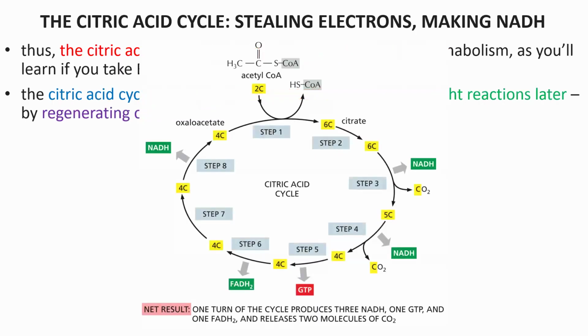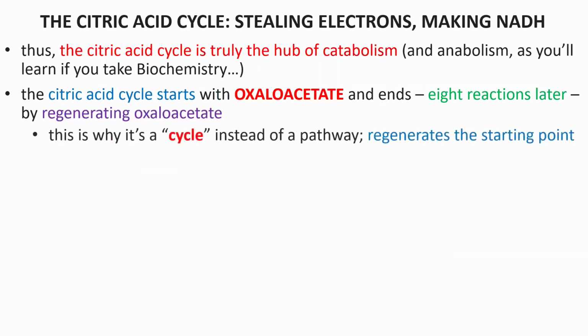Again, 8 steps in this reaction, and we'll talk about these steps in detail, but you can see right away, we broke bonds and stole electrons, broke bonds and stole electrons, broke bonds and stole electrons, broke bonds and stole electrons. That's the purpose of this cycle. It's an electron stealing cycle. We make 1 triphosphate along the way just because we can, there's enough energy to, but the purpose of the citric acid cycle is to break bonds and steal electrons because that's where the energy is.